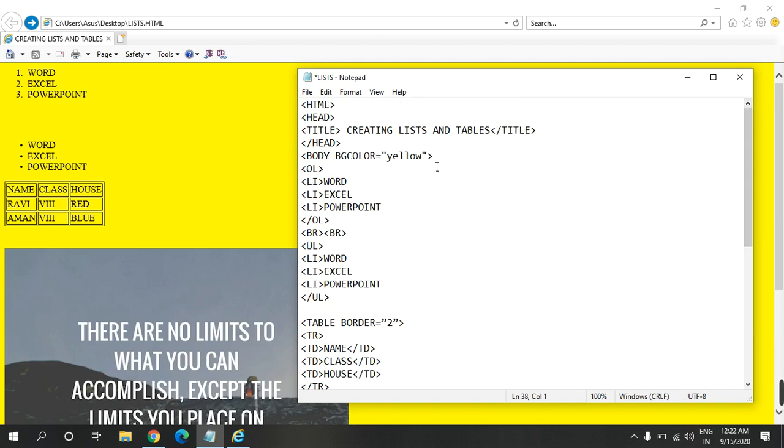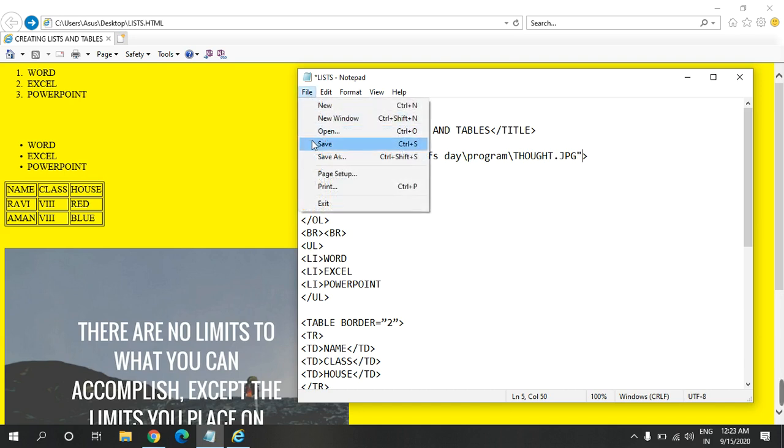So what we will do, either we can put a background image or a background color. Here we are removing this background color, and here we are giving background equal to, now we copy the path of the image, and we will see that this image which we had inserted inside the web page will be displayed as the background of the web page.